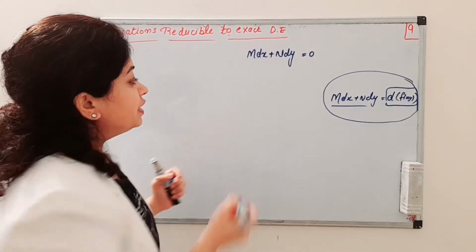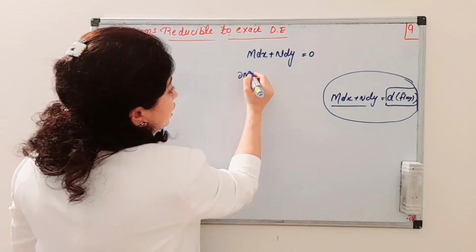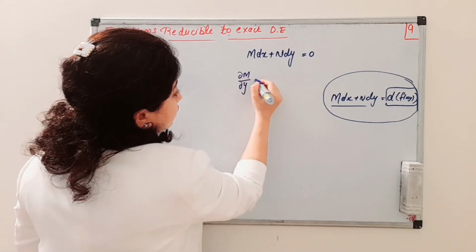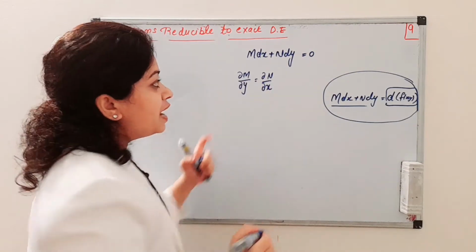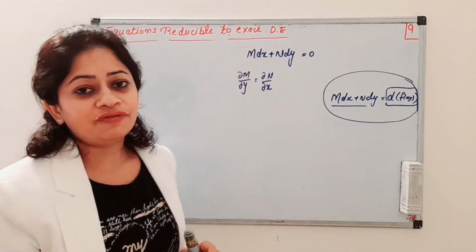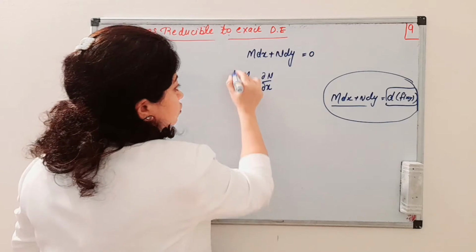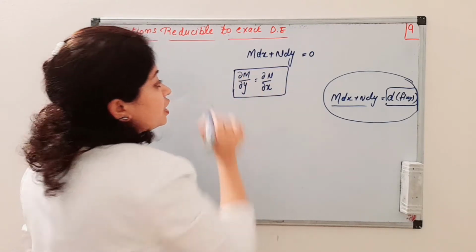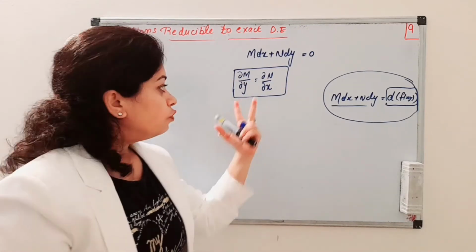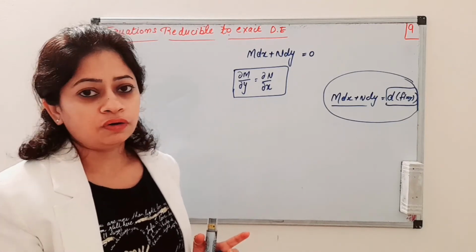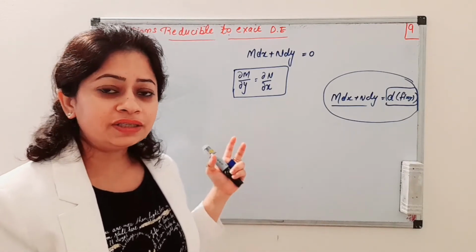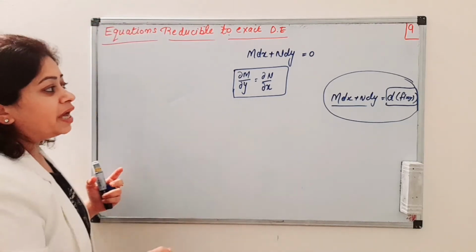This was the necessary and sufficient condition: if ∂M/∂y is equal to ∂N/∂x, then that equation is an exact differential equation. Whenever we have an equation, we check by this method whether the equation is exact or not. We have done many examples related to this. So sometimes what happens